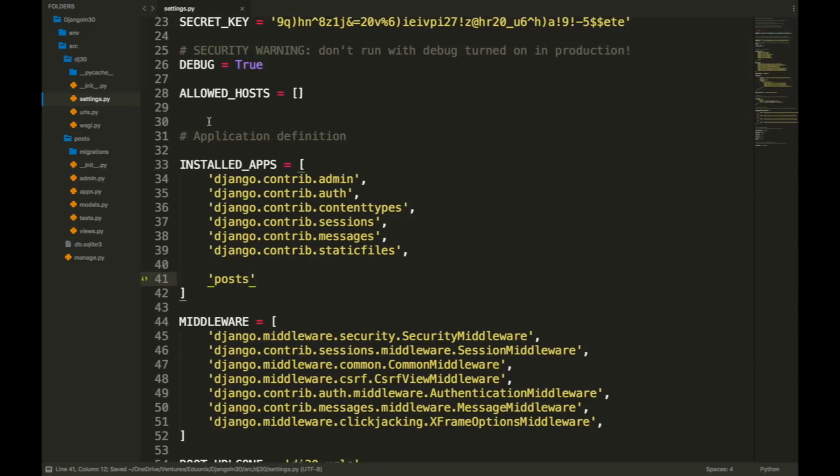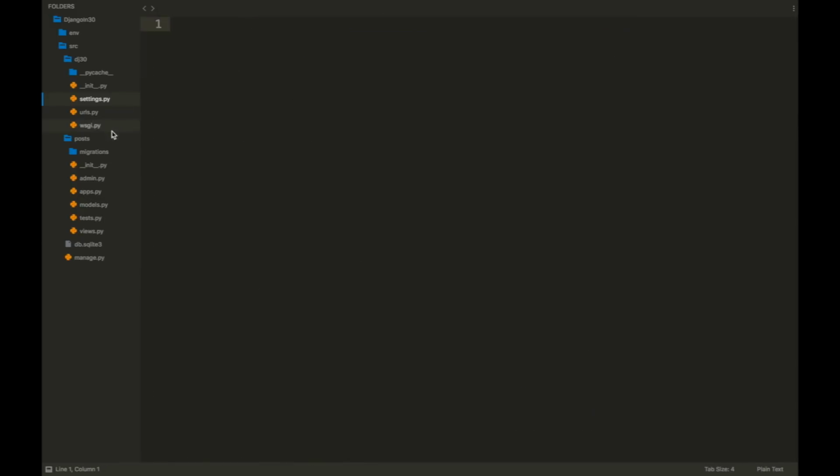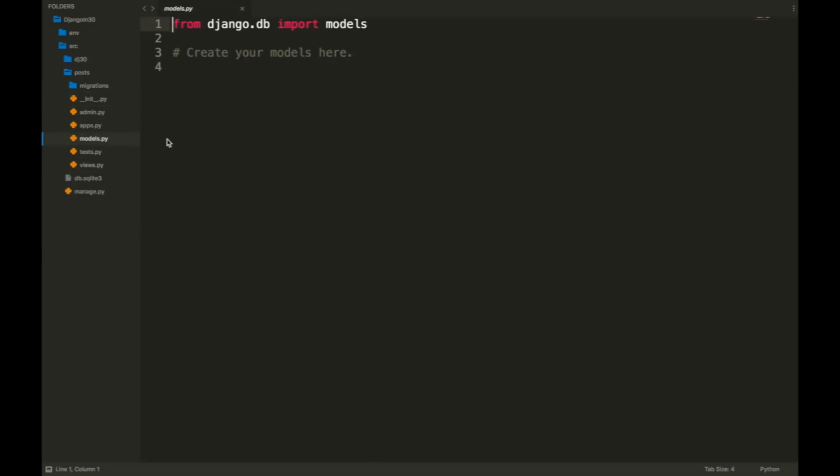And so this allows you to basically keep track of all the migrations for your app. So now, if we were to go and create a model inside this app, then inside our settings, it would take record of that app actually being there. So to get started, to create a model, we're going to say class Post,